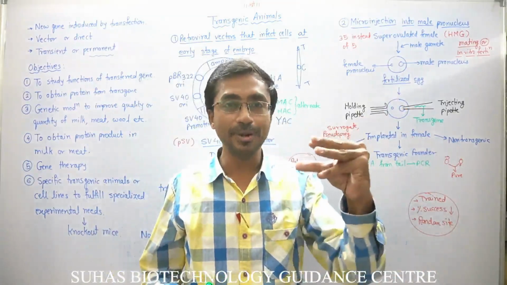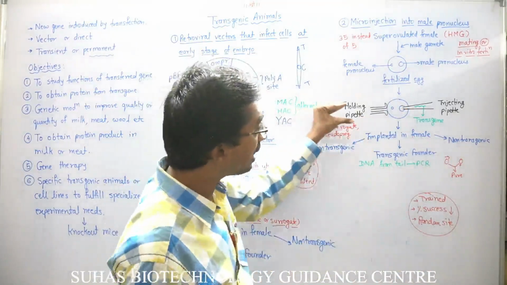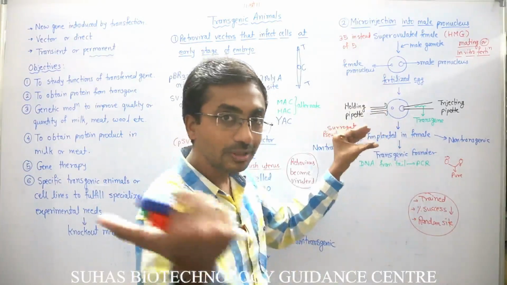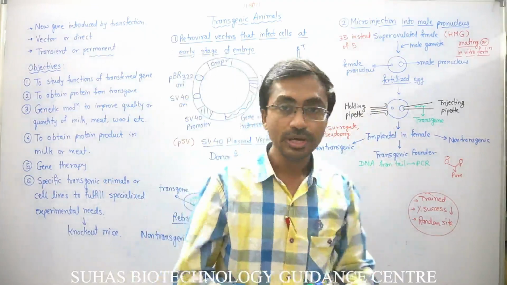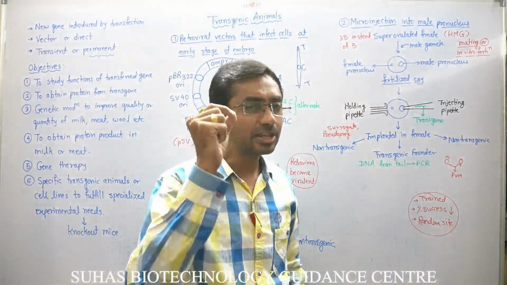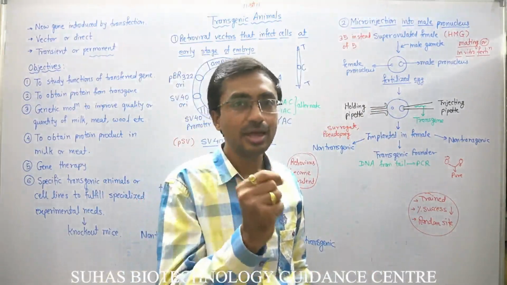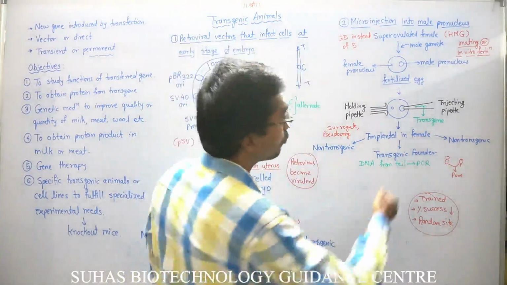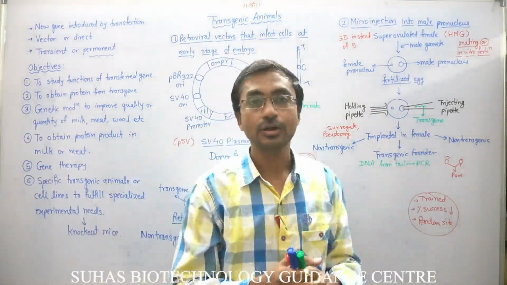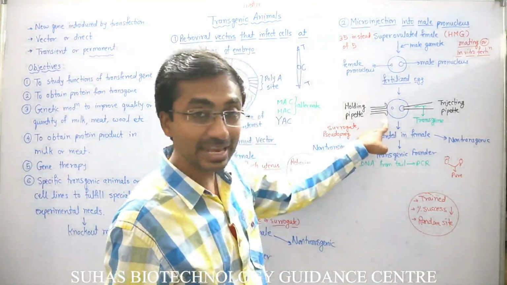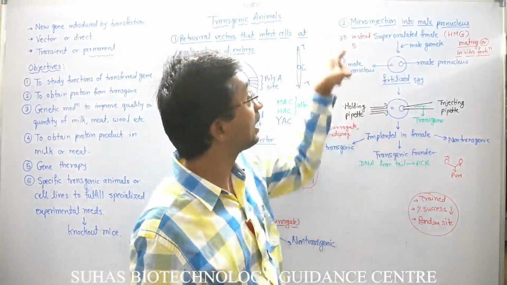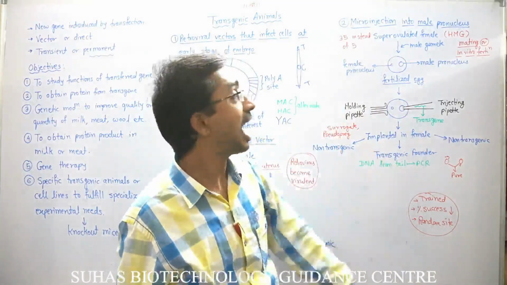We have a holding pipette through which we hold the fertilized eggs one by one, and with the other hand we have a micro-injecting pipette that has a very thin and very fine needle, and through that we will transfer the gene. We pick up copies of the gene and transfer them, and this fertilized egg in which the gene is transferred, the transgenic fertilized egg, is implanted back,